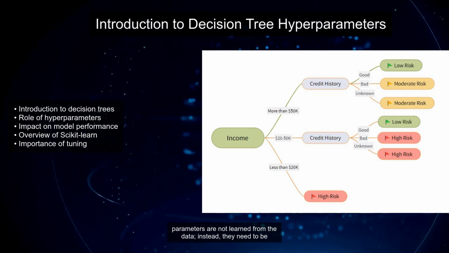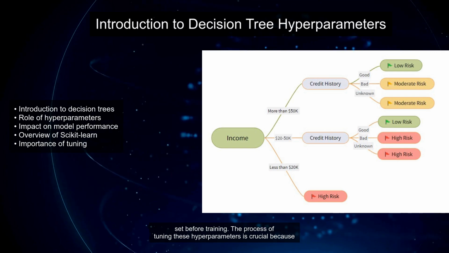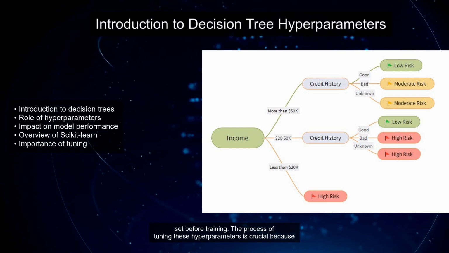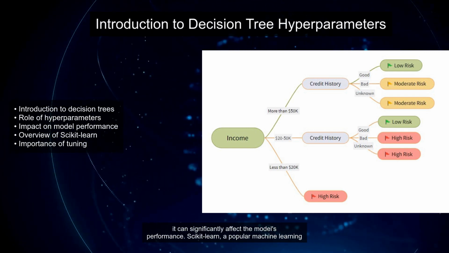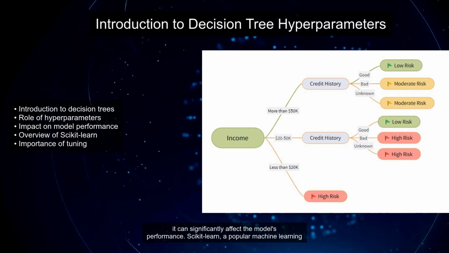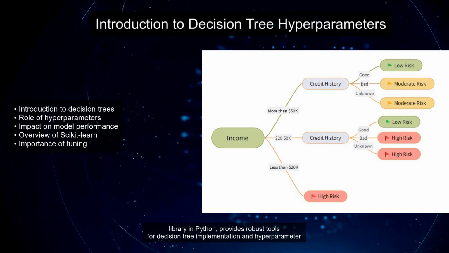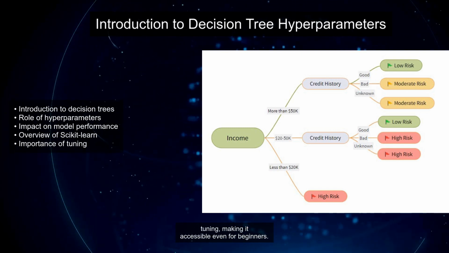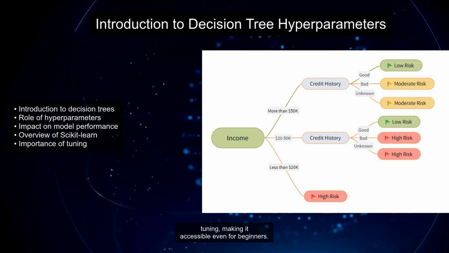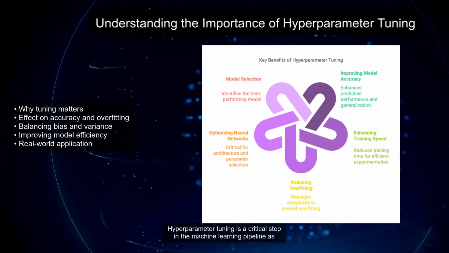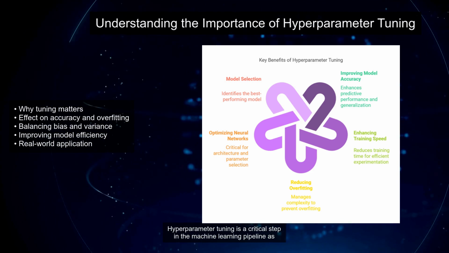These parameters are not learned from the data. Instead, they need to be set before training. The process of tuning these hyperparameters is crucial because it can significantly affect the model's performance. Scikit-learn, a popular machine learning library in Python, provides robust tools for decision tree implementation and hyperparameter tuning, making it accessible even for beginners. Hyperparameter tuning is a critical step in the machine learning pipeline as it directly impacts the